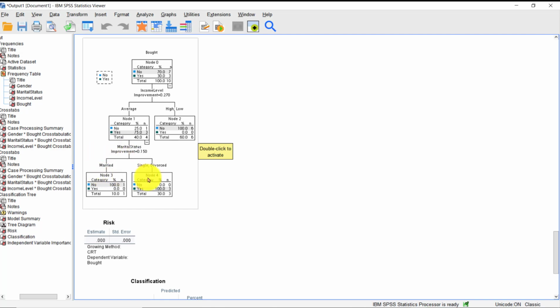How about node 4? Income level is average, and marital status is single or divorced. So we can characterize each segment or node by using the splitting variables and categories. After you finish interpreting the main table and the importance,